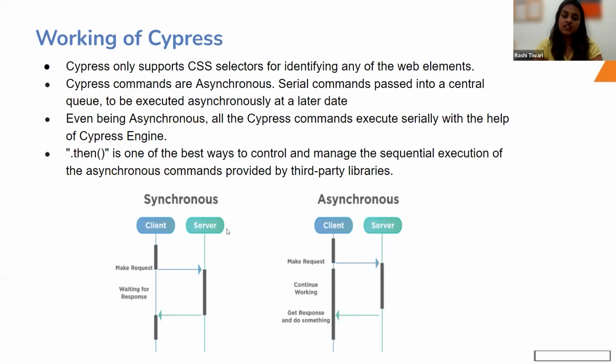asynchronous nature internally. They have implemented the .then method in every Cypress command internally. We don't have to explicitly do so. Only if we use a jQuery method along with a Cypress command, that time we need to do it explicitly. So how Cypress works is it takes all the commands and queues them to the browser and it executes